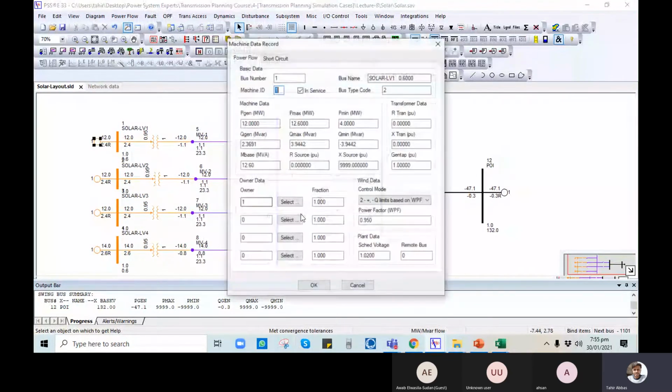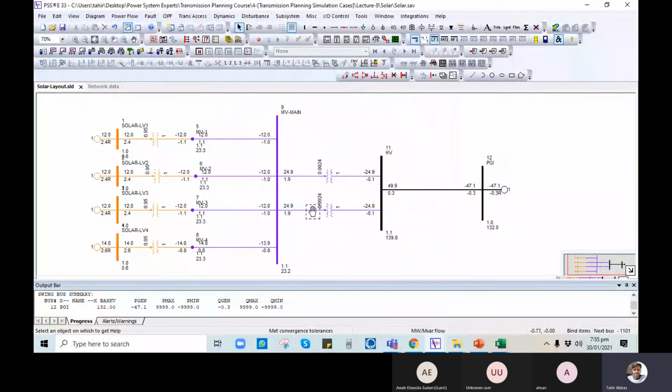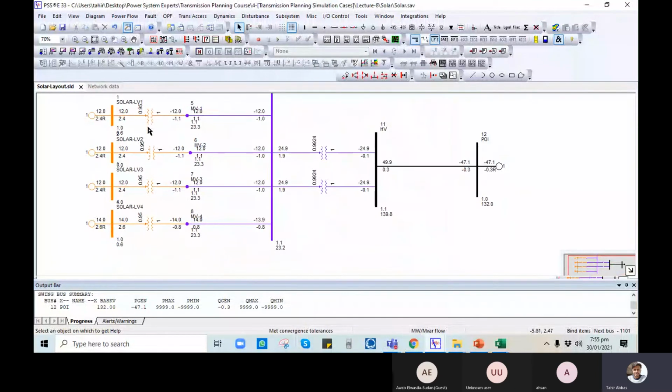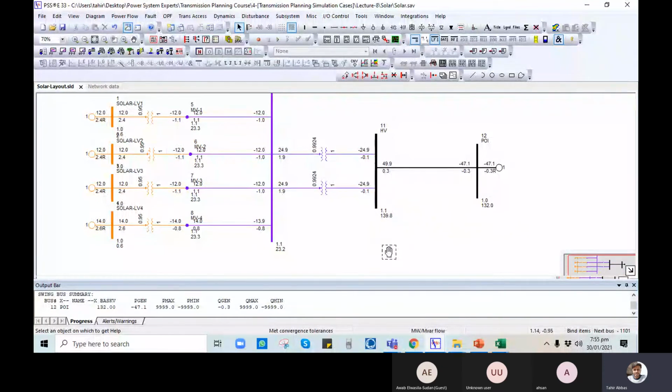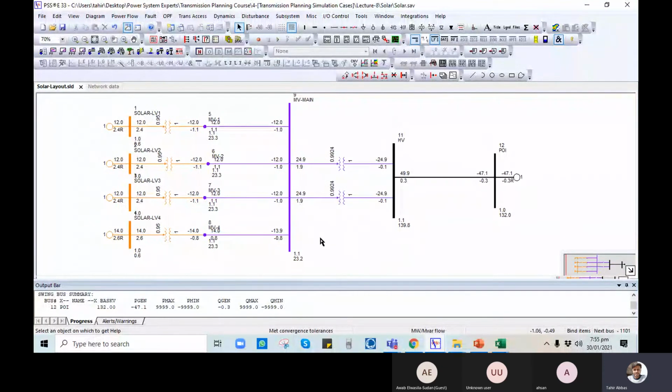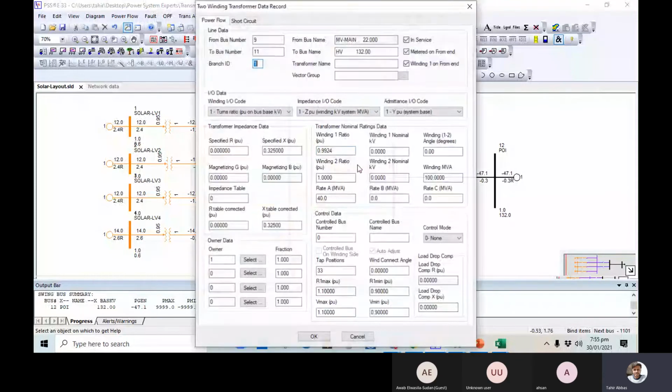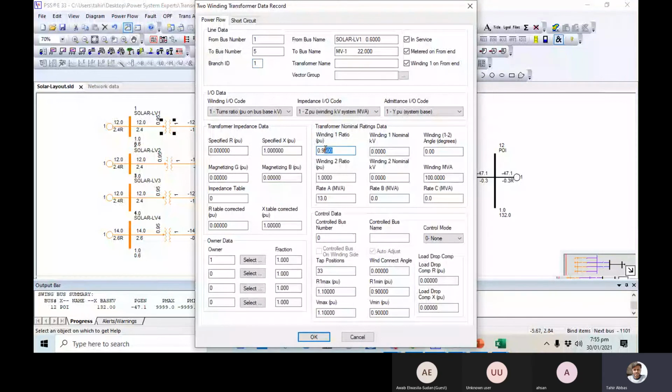So for that purpose, reduce this voltage level to 1. Okay, this is 1.05, and for this purpose the voltage level at these buses is 1.1. So the voltage level should be within limit. Okay, so for that purpose we can change the system reactive power limit, and we can make